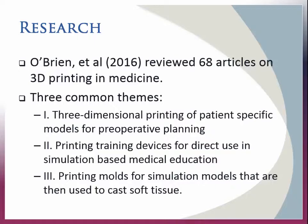Granted, this is just one researcher's review of 68 articles. Many opportunities exist for further research and advancement of 3D printing. Nonetheless, I found this a substantial review on such a novel topic. Of the 68 articles that were cited, 33 of them specifically employed 3D printing to create and manufacture models for education and training. Some of the areas of expertise where these were utilized were neurological surgery, urology, otolaryngology,